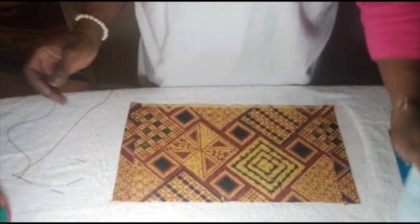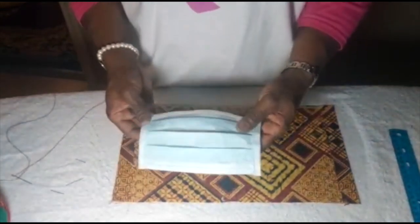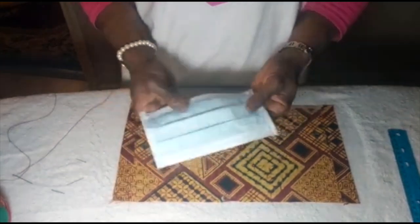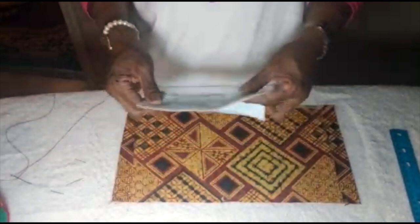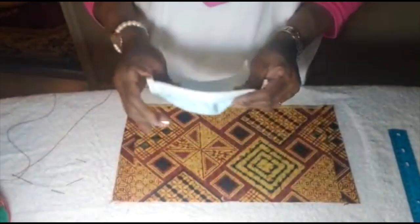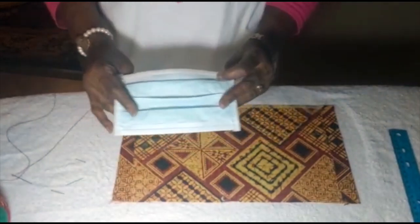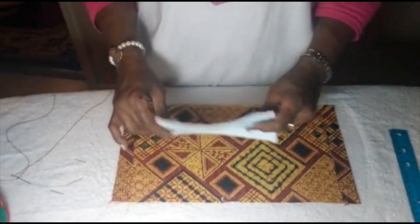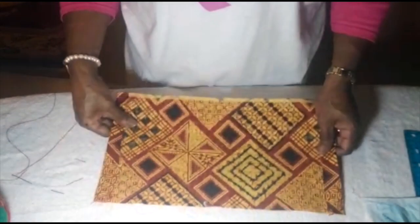And then I'm going to be using an old surgical mask. Before we ran out of masks, you could find these at Dollar Tree or anywhere. It's really not a great one, but it can serve as a filter, because I'm going to place this inside of the mask when I'm done. Okay, I'm going to set it aside. So once I have my two sides